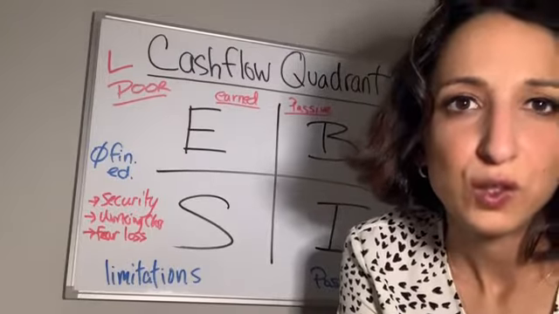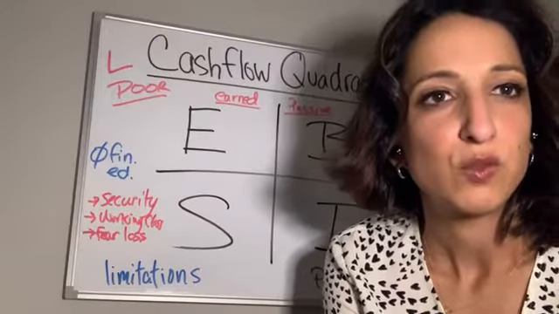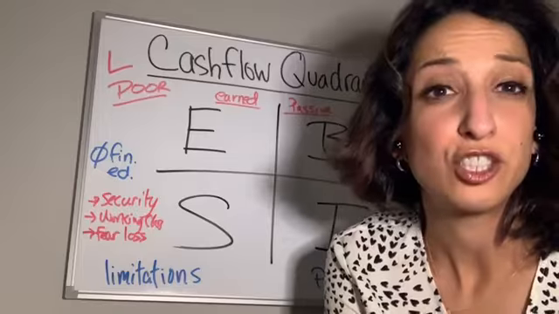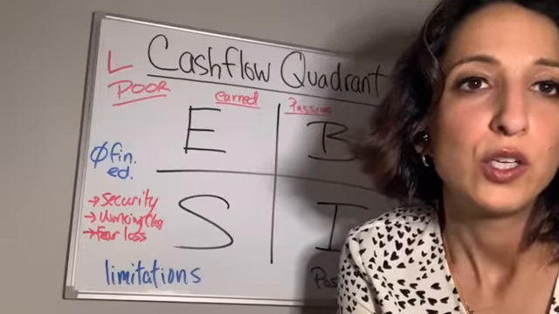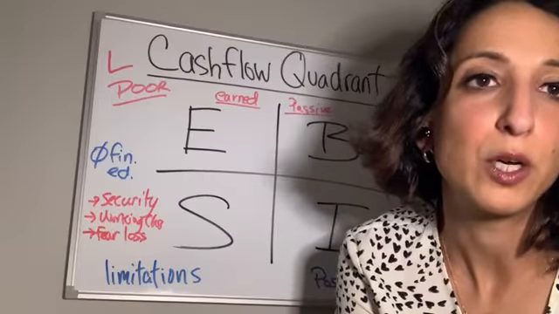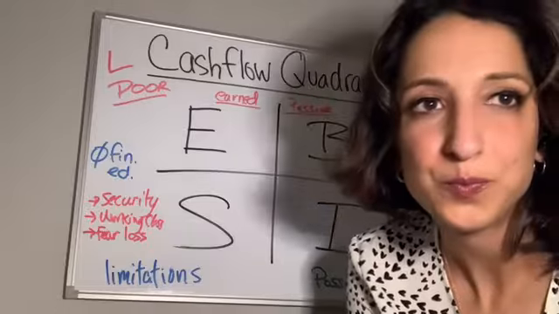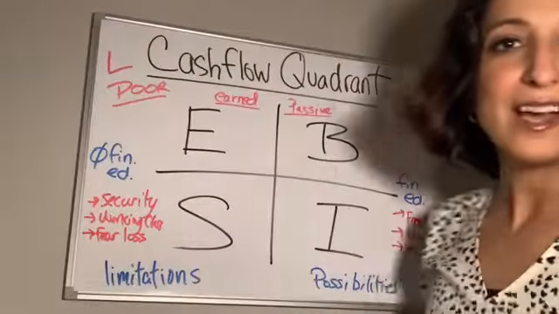And I want to build a bridge for you guys to explain how network marketing falls into the cash flow quadrant and how financial education can have a huge impact in terms of where you invest your time and sort of where your money can grow for you. So let's get started. Beautiful whiteboard for you guys.